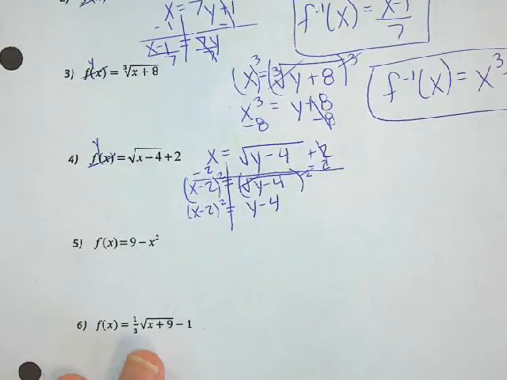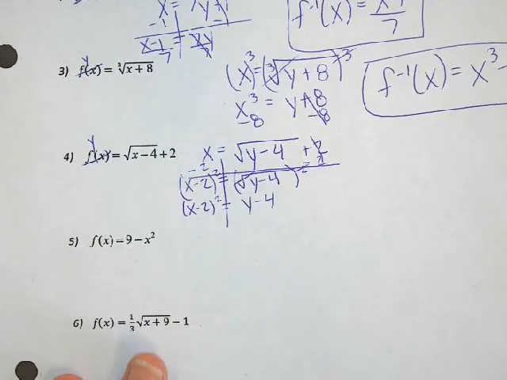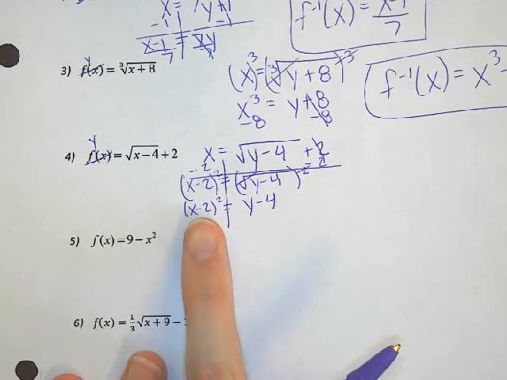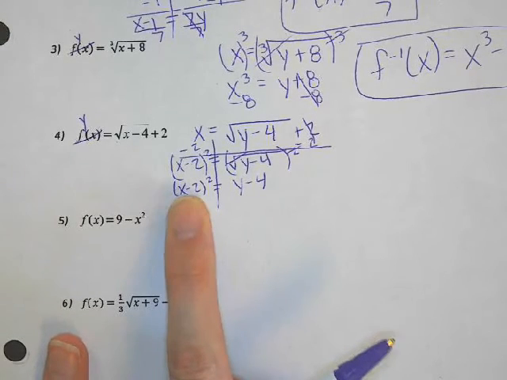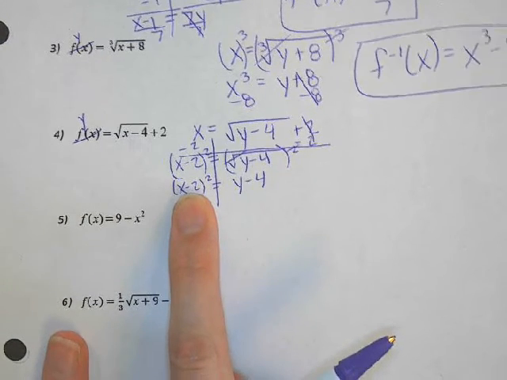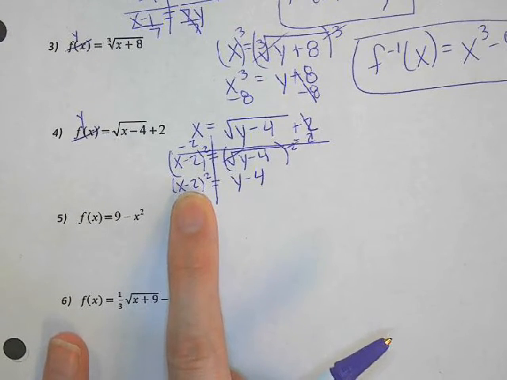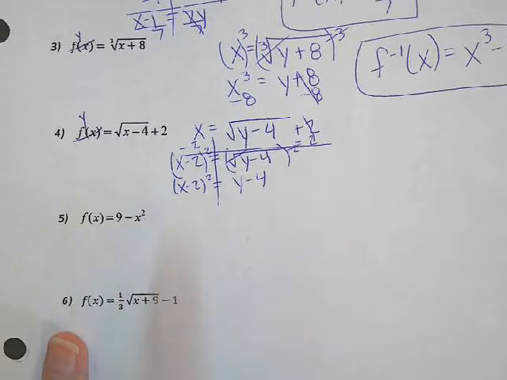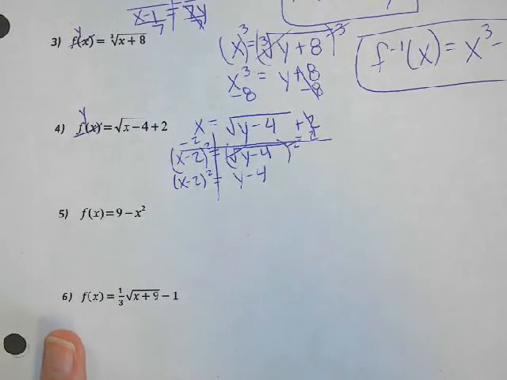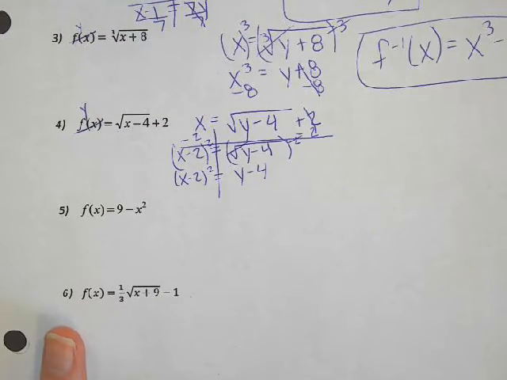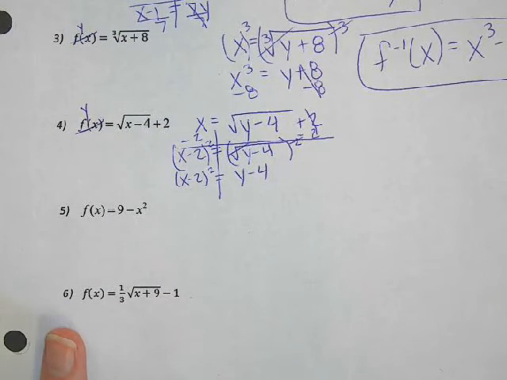Now look at your paper. Is there a reason for me to expand this out and multiply x minus 2 by itself? Is there a reason to get x outside the parentheses? Actually, no. Why not? Can you solve for y? Thank you. We're not solving for x. We don't care about the x value. So if you're going to sit there and expand this out, you're just making it more difficult when all you have to do now is